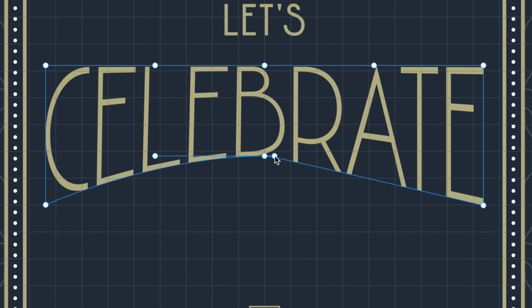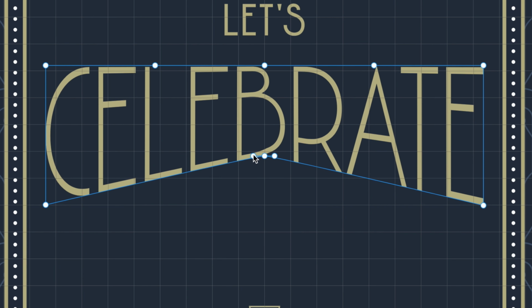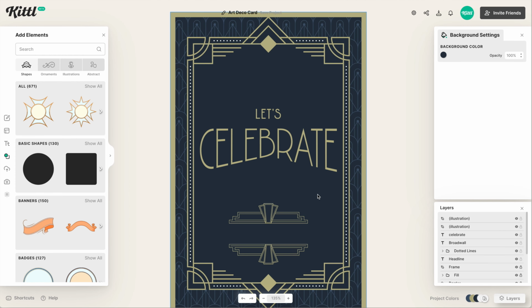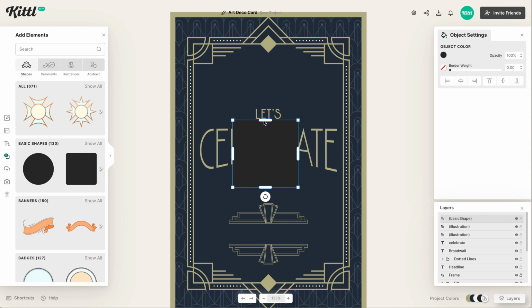But then if I grab the anchor points here and bring them in towards the middle, it makes it a lot sharper, which is more of that Art Deco, that 1920s style. It's not really curved, everything's much sharper, everything is much more geometric. So that looks really cool for it to just be sharp like that, using this kind of perspective hack